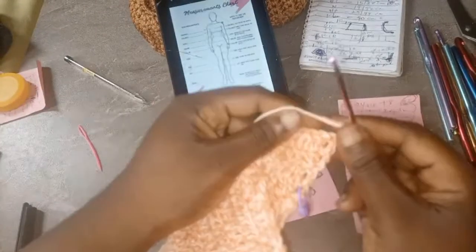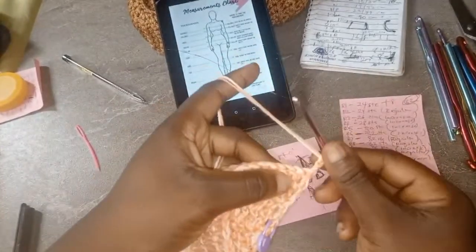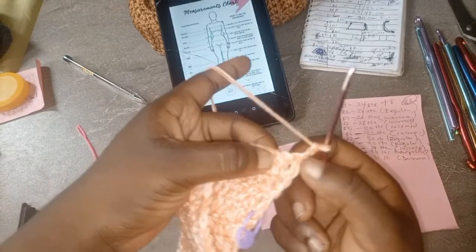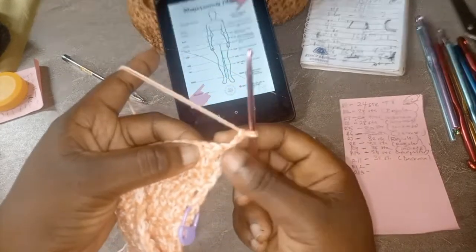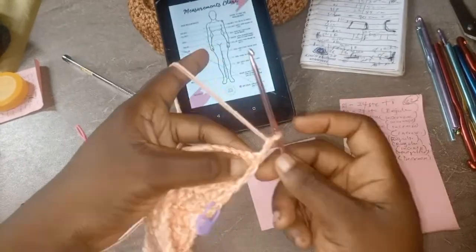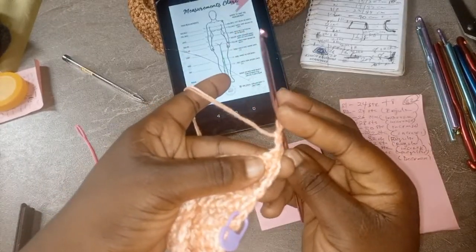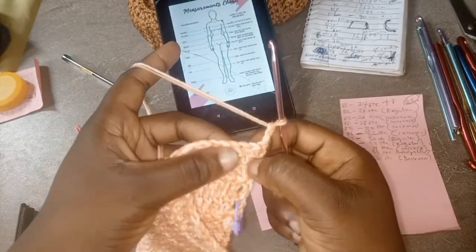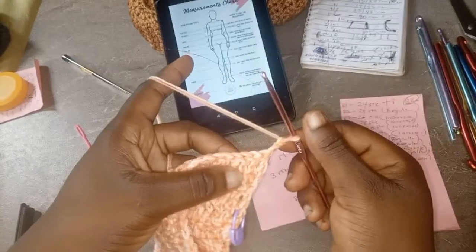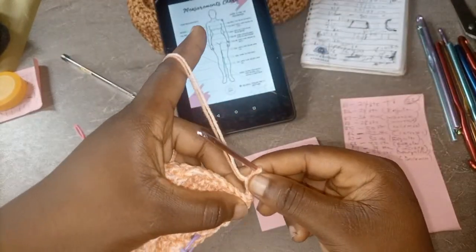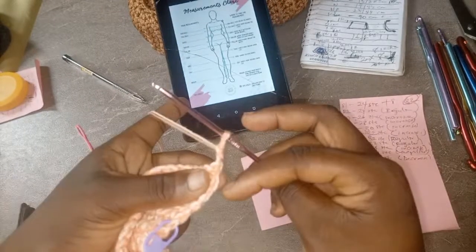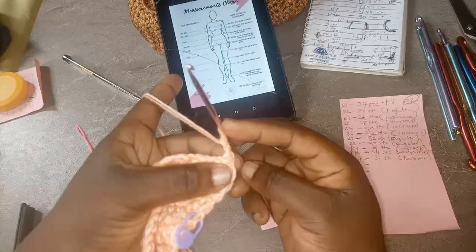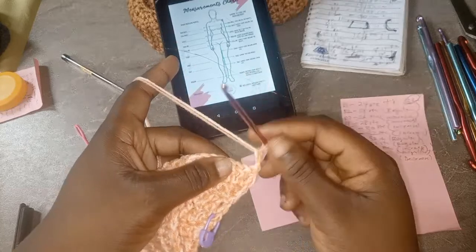So now, because it's a decrease row, we are going to be dealing with the second and third stitch, not the outside stitch, please, so that this one will give us a straight edge effect. If we decrease at that point, it won't look straight anyways, but at least this one is still aligning with this one, so it won't look somehow.